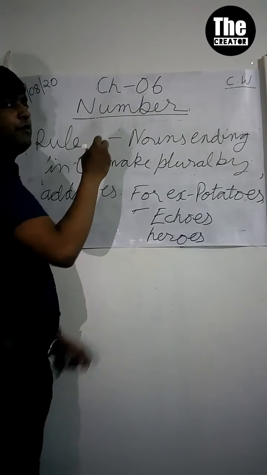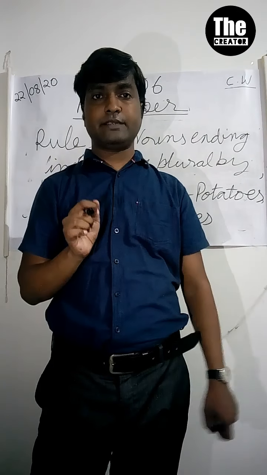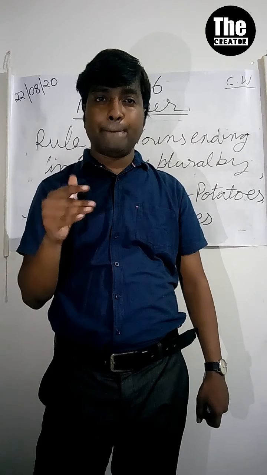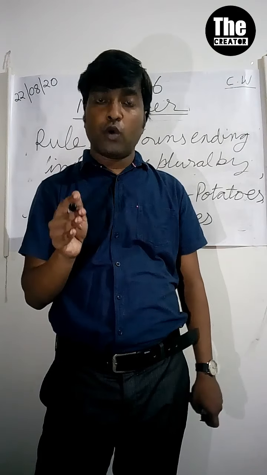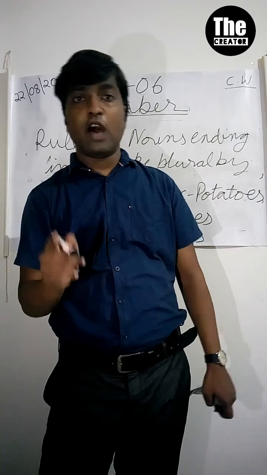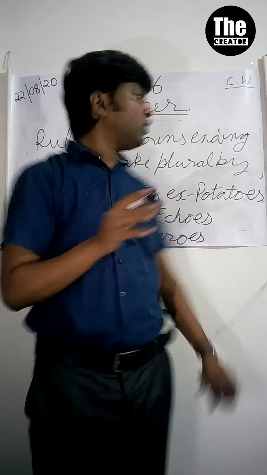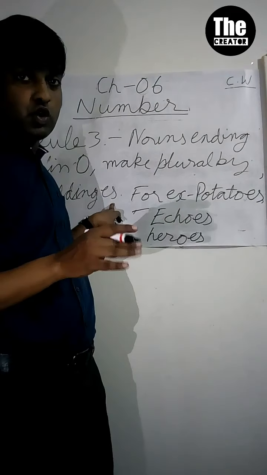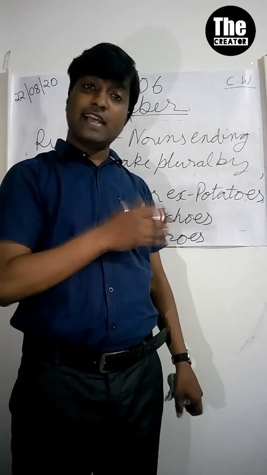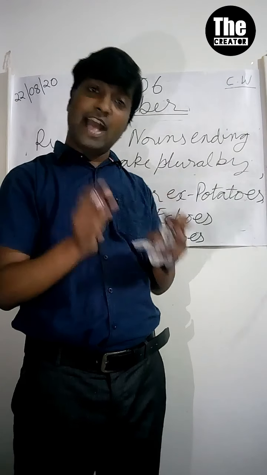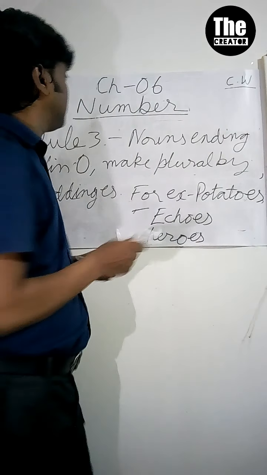But before moving to rule number 4, I would like to tell you one thing. There are few exceptions in this. Some nouns ending in O only take S. For example, photo, P-H-O-T-O. Now photo ends with O. Now what you need to do? You need to add S over there. You can't actually add ES. So that is our exception. Likewise, there is one more, logo. You can't add ES in that. So you just need to add S over there. Got it? It would become logos. Now let's see our next rule, rule number 4.